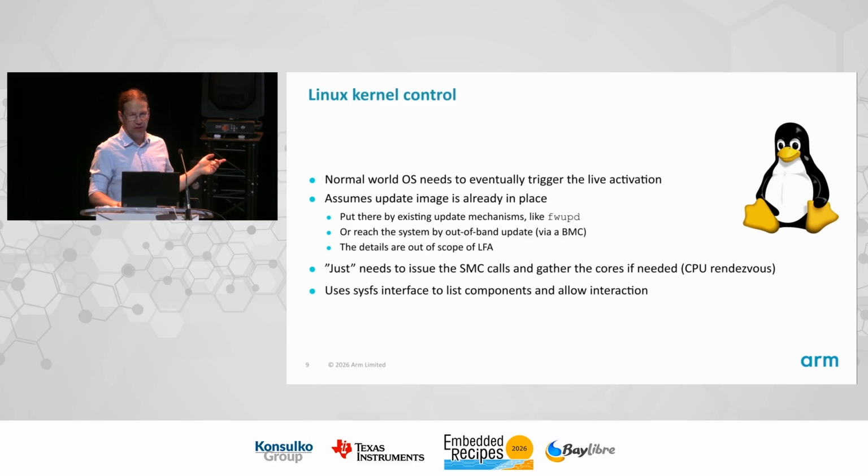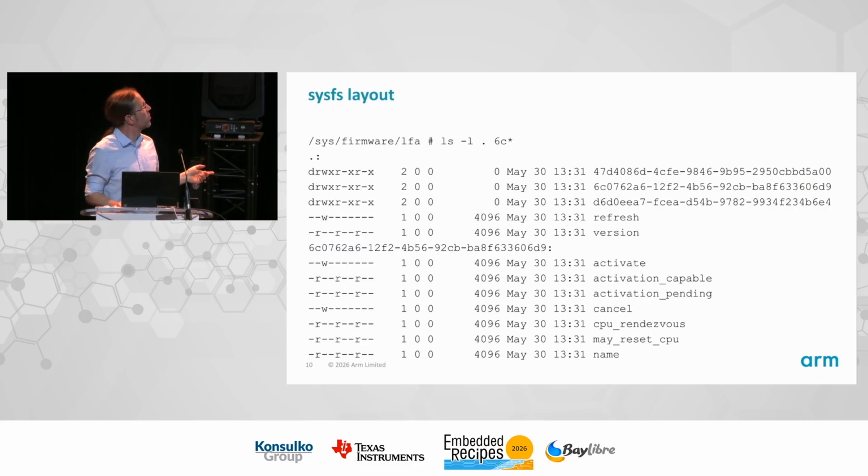And there's a sysfs interface I came up with, and this is how it looks. There's a directory LFA in sysfirmware, and for each firmware component that has been discovered, there's a directory, which is represented by the GUID. So please don't shoot the messenger, GUID. I think in the end, it's the only viable way to differentiate the firmwares, because naming is not really consistent, and there will always be very platform and system-specific firmwares, so you cannot really anticipate and put a list in the kernel. So those GUIDs, and if you look in one of them, you have basically files which give you information,